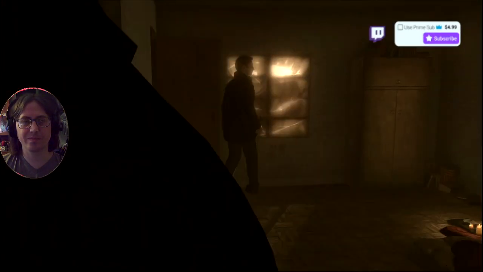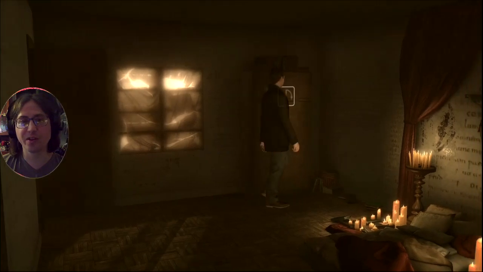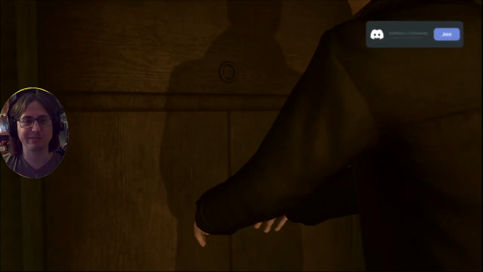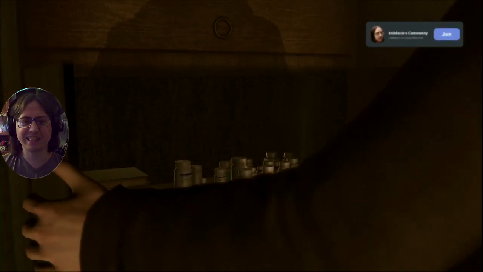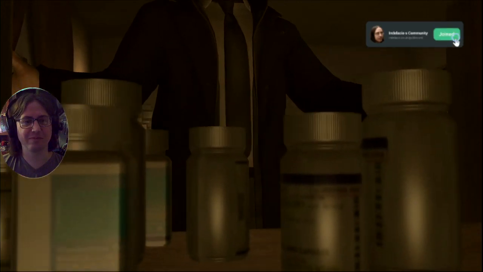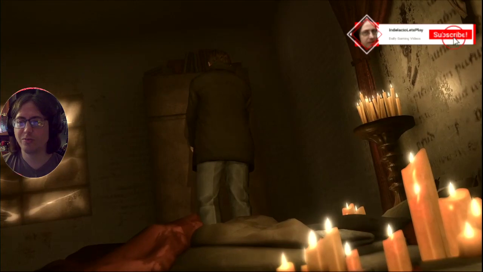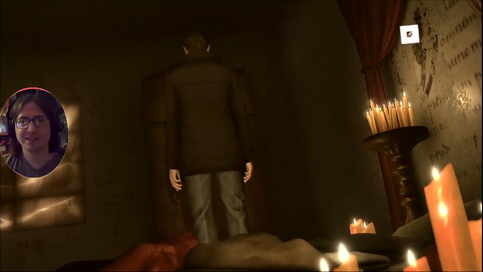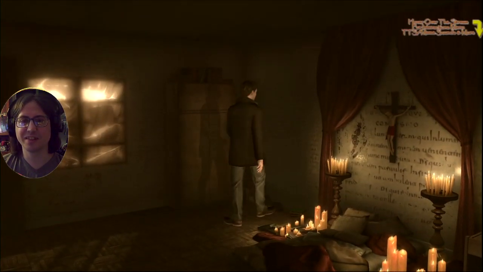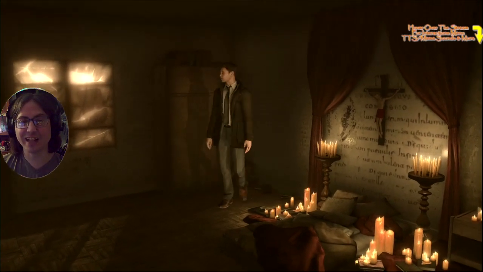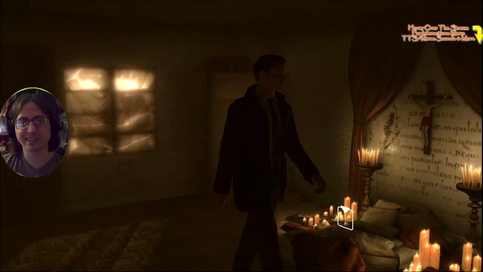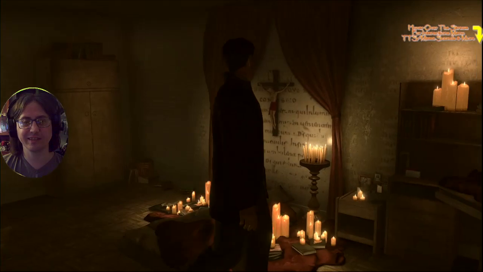Like, a bit weird. No, not that the huge mountain of crosses wasn't weird. And his closet is also filled with medication. And his wall is covered in Latin. And a singular bed surrounded by candles.